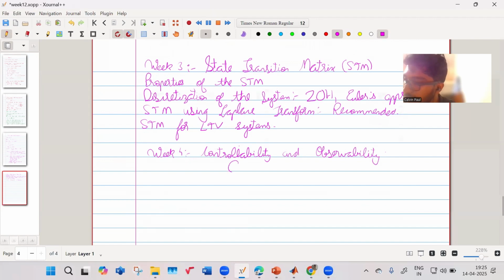The controllability is found using matrix Q and observability is matrix P. So these depend on A, B, and C. Then there are certain things known as stabilizability and detectability,